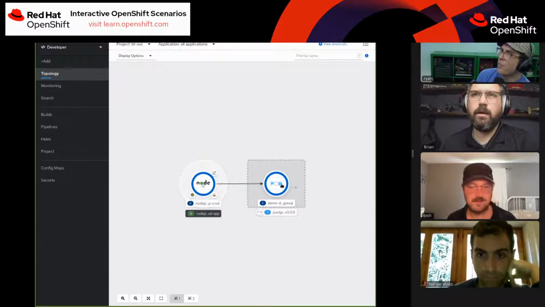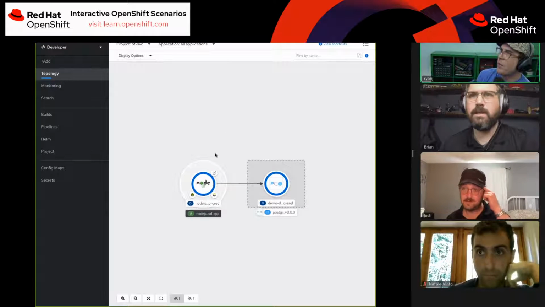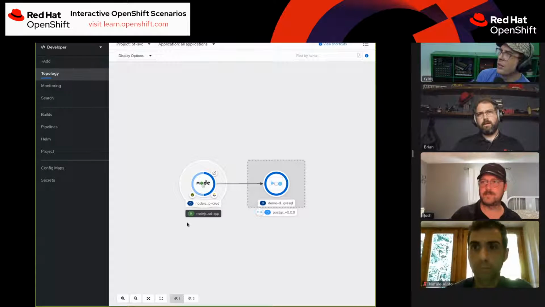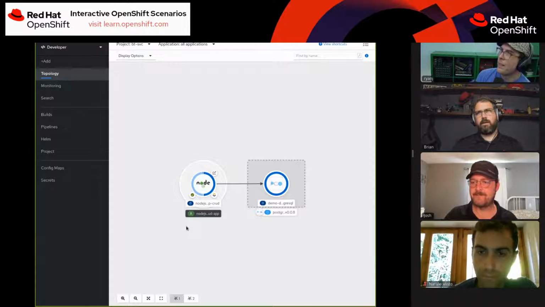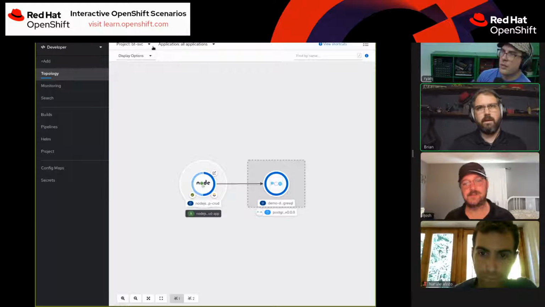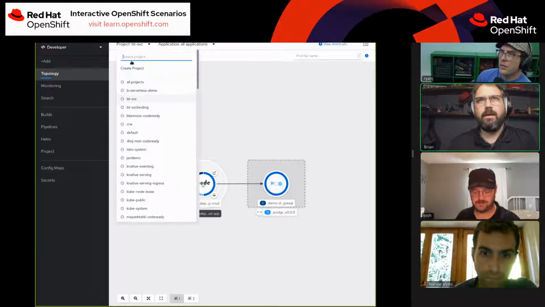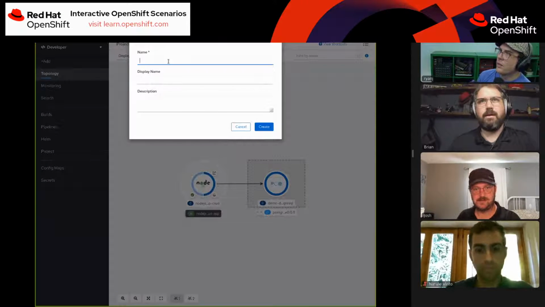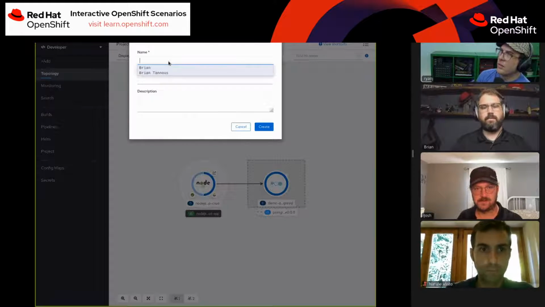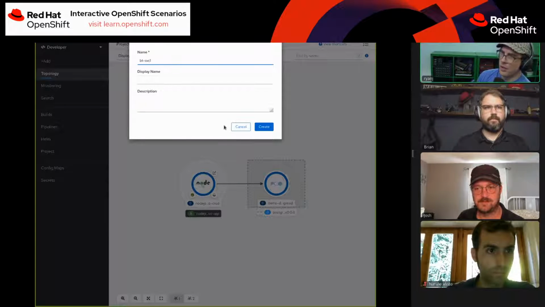Weird. I wonder if it's because there's a database in this pod that it won't spin up another one. I don't know. Maybe. Or user in this project. I guess I could try to use the arrow from the DB and then add the Node.js side, maybe go the other direction.